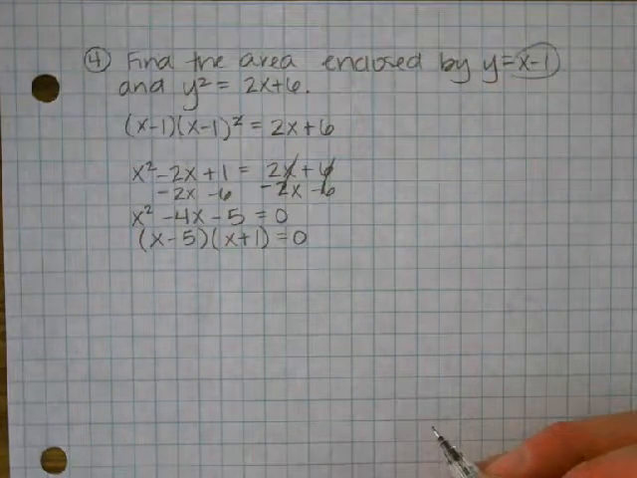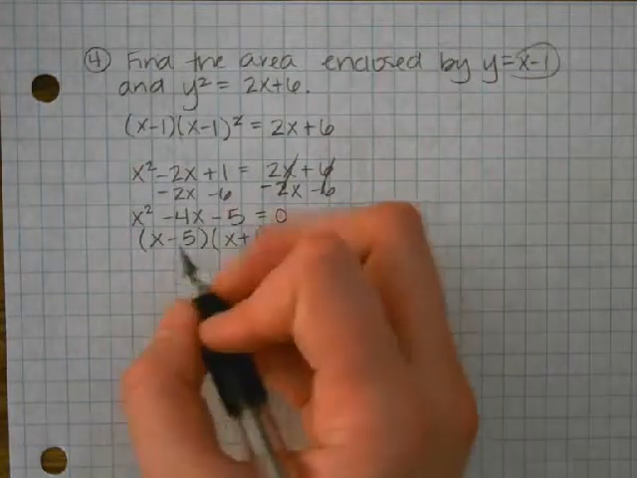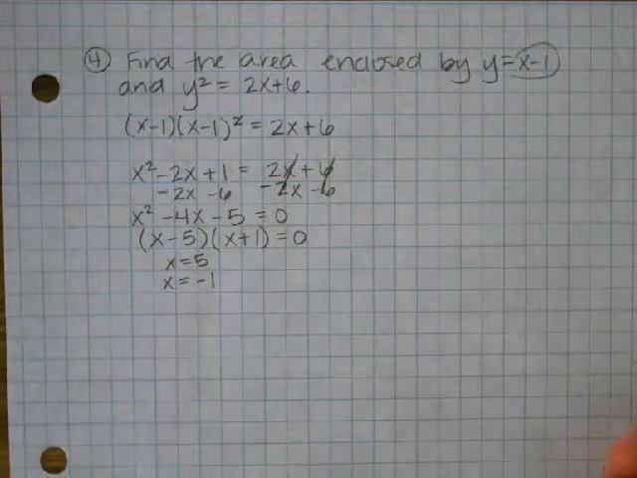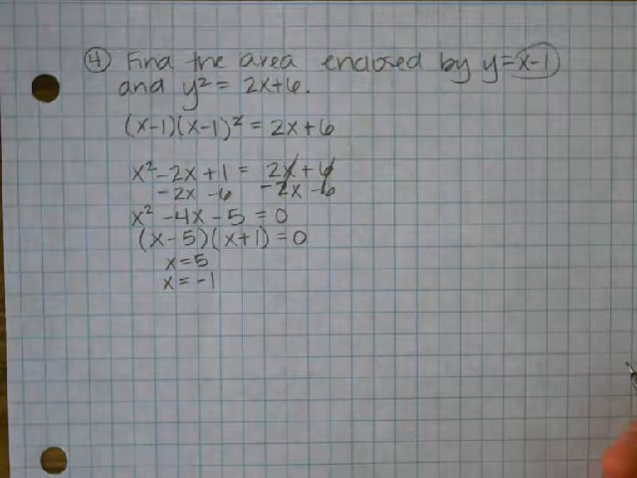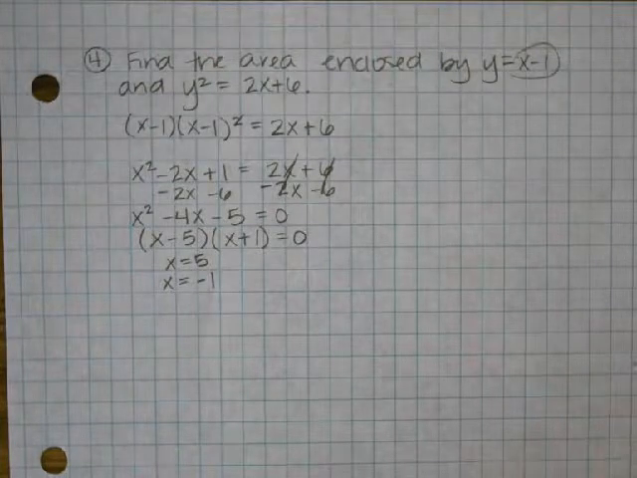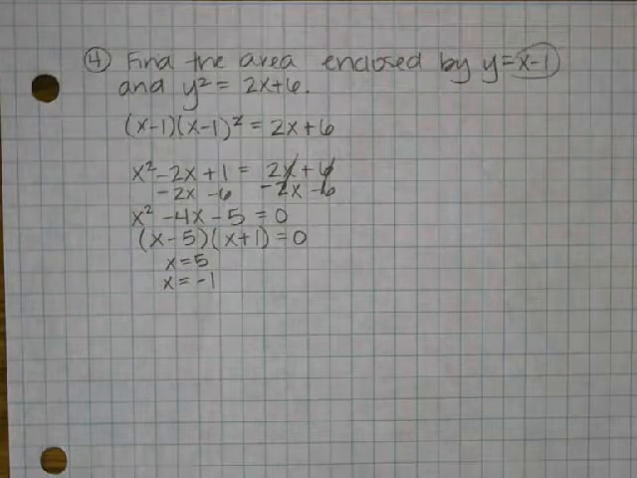And what are the x values? X equals 5, x equals negative 1. Okay. Yeah, I messed up. Okay, so when we draw this particular sketch, we're actually going to have 3 equations that we're